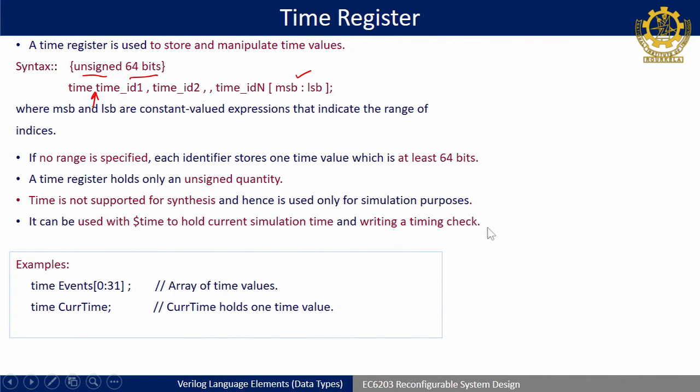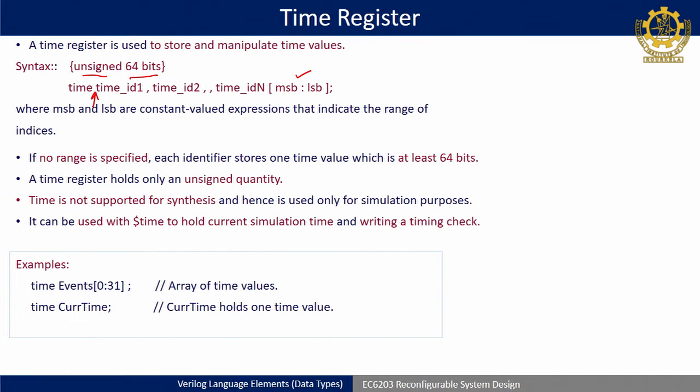Many times you want to know the current simulation time, or measure the width of a square wave, or measure the setup time and hold time of your D flip flop. All these things will help you: $time will give you the current simulation time, but the register where you want to store that value has to be defined as a time register. A few examples are given here, just some random examples of how to write this. Here it is a memory, but current time is a single time register having 64 bit of data by default.